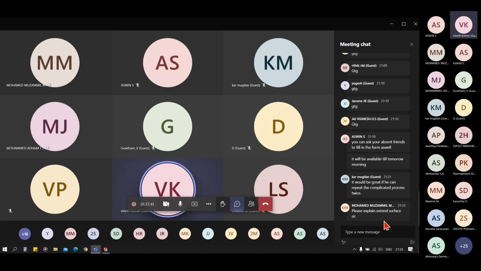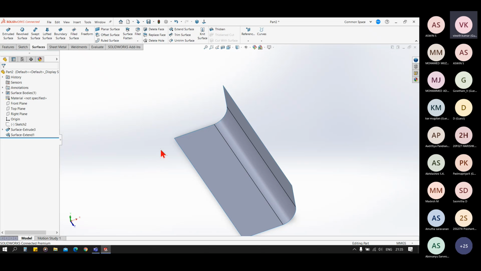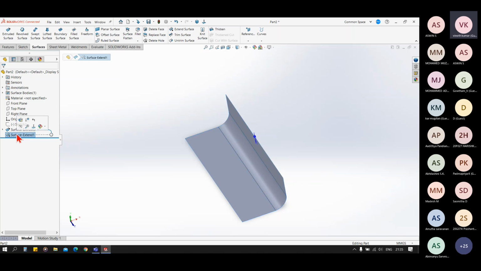Okay, I'll explain the extend surface. Anyone other? Okay, let's first see the extend surface. So surface extend is that we can extend the surface using an edge. It is a very easy command.